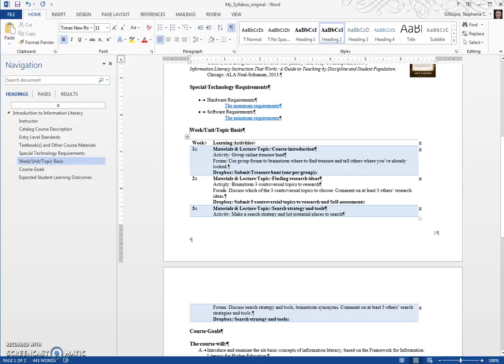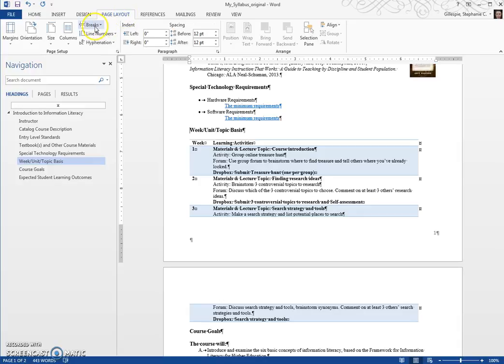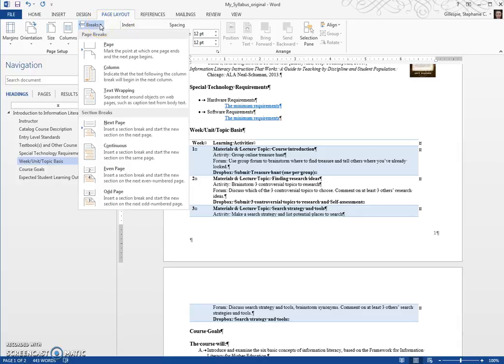And I know you probably already know how to put in a page break, but please bear with me. Okay, this is really important. This will help you with other activities. So my cursor is to the left of weekly unit topic basis. Let's go to page layout and go to breaks. Okay, now our first one is page break, and that's what we want, but I just wanted to point out